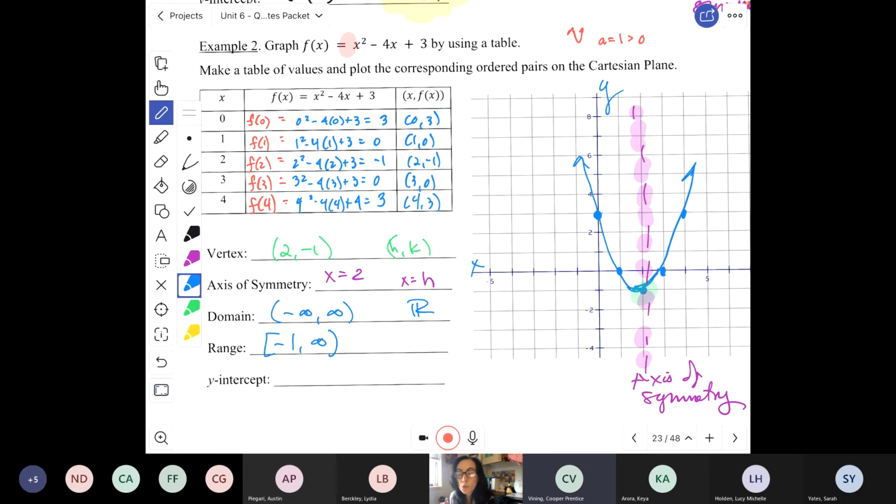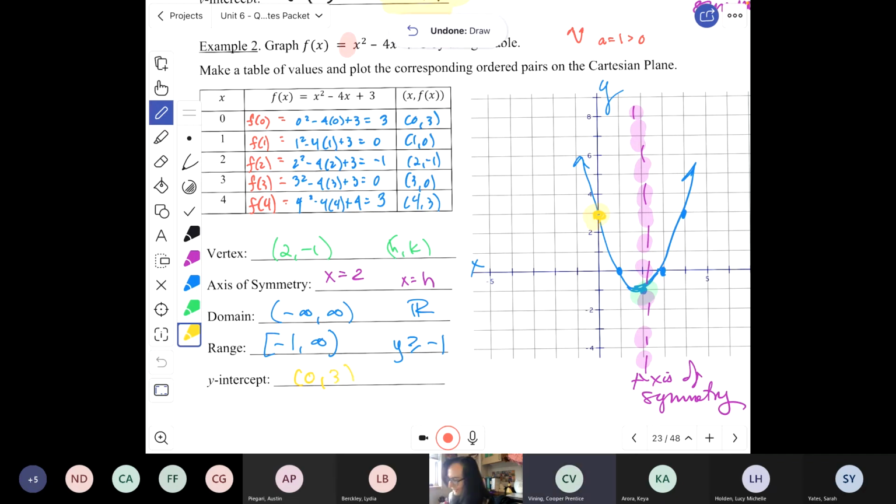Beautiful. And as an inequality, how would we represent that range? Y is greater than or equal to -1. Beautiful. And last but not least, what is the y-intercept? 1, 0, and then is that 3, 0? No, y-intercept. Oh, y-intercept, that's my bad. 0, 2. Beautiful. And again, it is